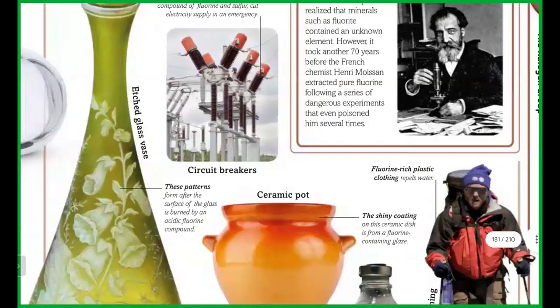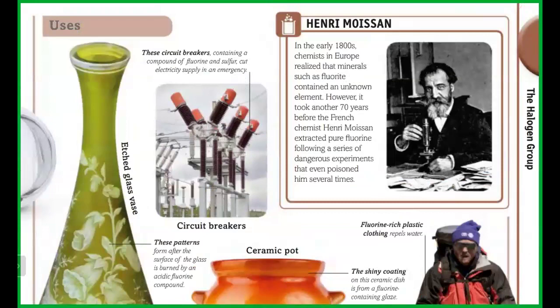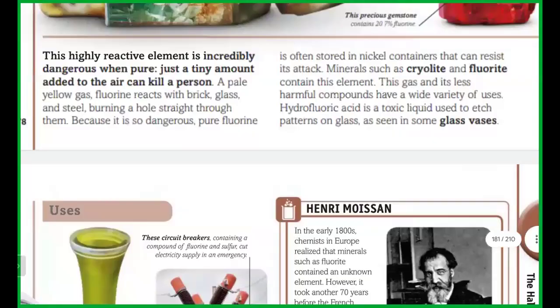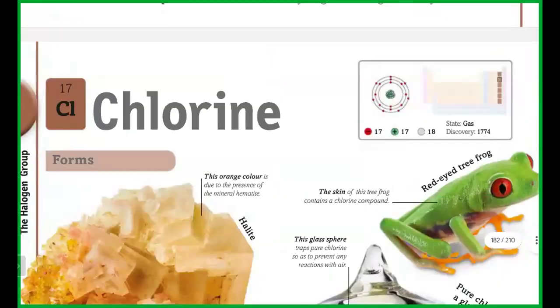This is some history about fluorine. In the early 1800s, chemists in Europe realized that minerals such as fluorspar contain an unknown element. However, it took another 70 years for the French chemist Henri Moissan to extract pure fluorine, following a series of dangerous experiments that even poisoned him several times. So this is how early scientists found out that fluorine is a toxic element, meaning that it's dangerous and can kill. And now we have chlorine